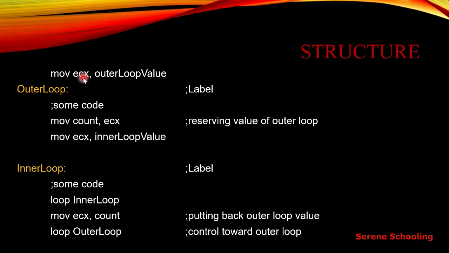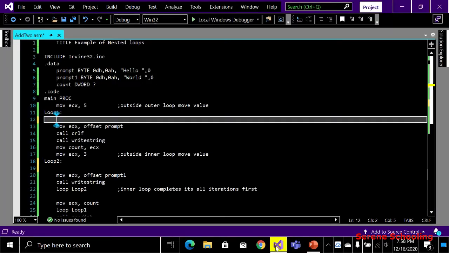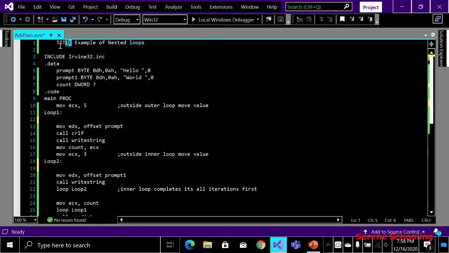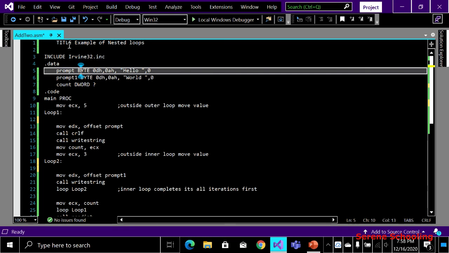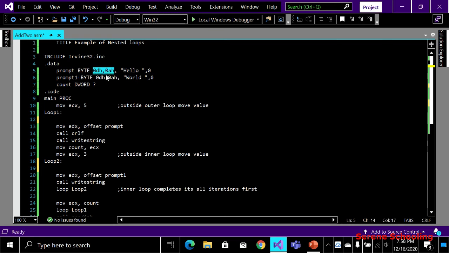So I hope you have already gotten it, but I have written one example for you. It will make it easy to understand. So here is the example of nested loop, and this acts like a comment, right? This is a directive. Okay, so inside my code, it is my data part, for variable declarations, etc. I have one variable of type byte. I am moving hello in it. In another variable I am moving world. And this is basically my carriage return line feed, that is to move the text into the next line.